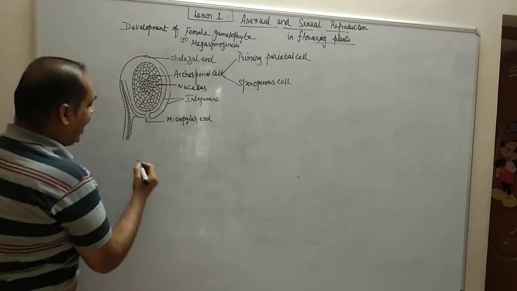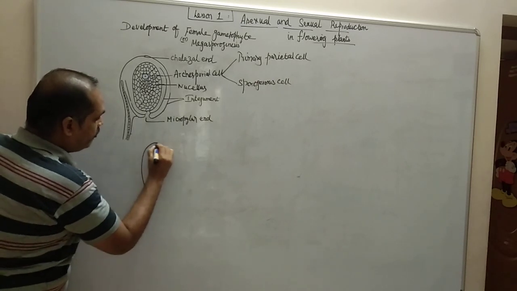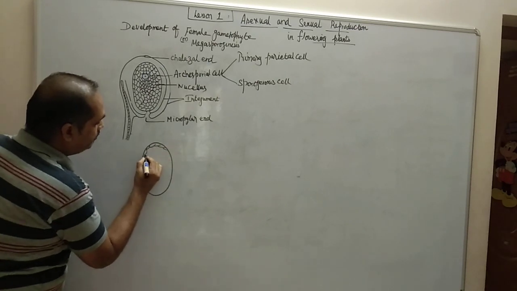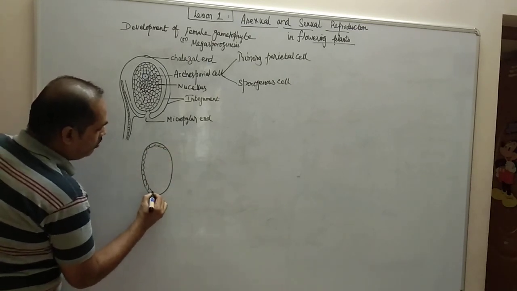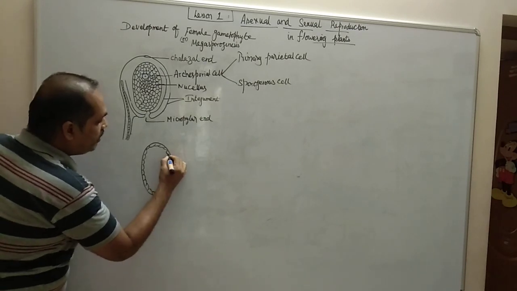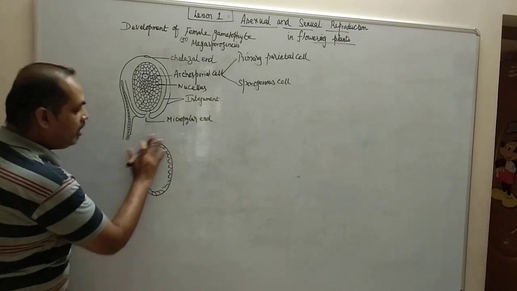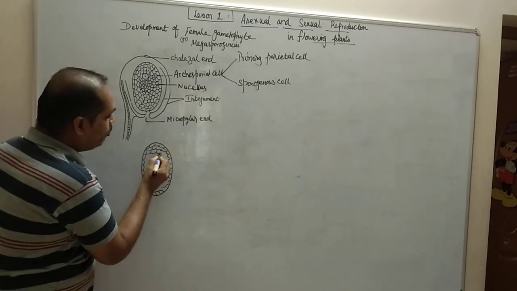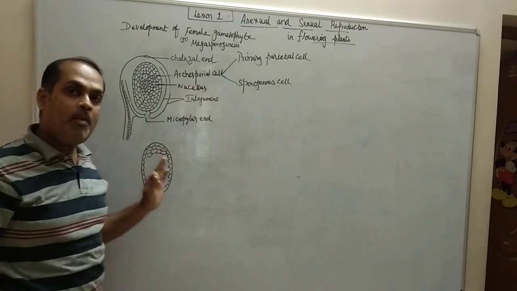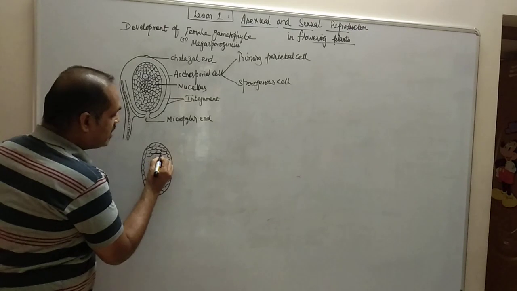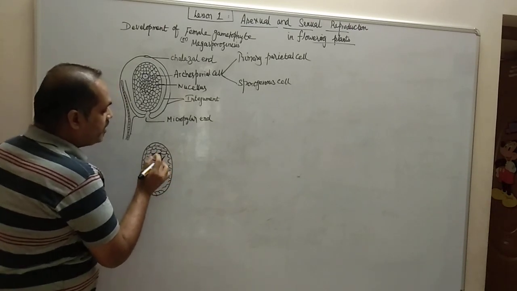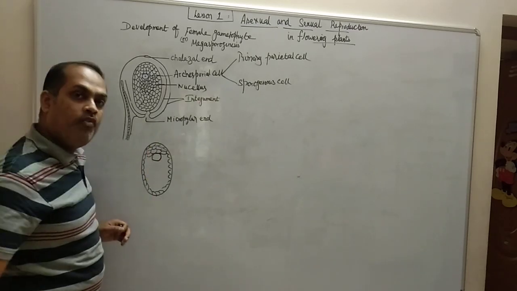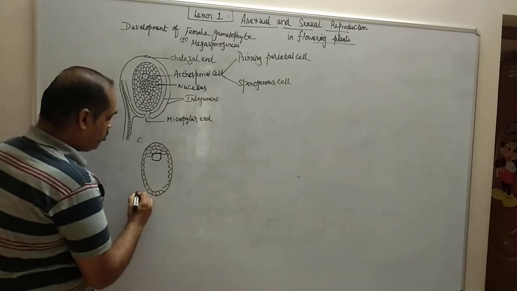To understand this, I am drawing only the main part of the ovule. Now this is the ovule, and this ovule has this nucellar tissue. What I am drawing now is the epidermal layer of the nucellus. The cells which I am drawing below are called hypodermal cells. As I told you, during the development, one of the cells will increase in size, the cell towards the chalazal end. Always remember that you have to mark the two poles of the ovule. One is the chalazal end, another one is the micropylar end.